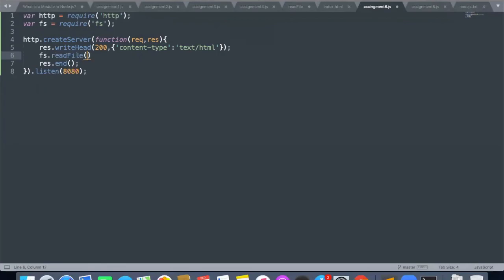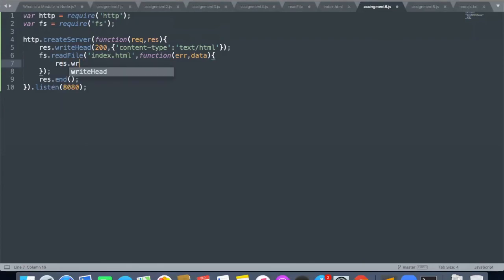Guys, readFile needs the very first thing, which is which file I want to read. So I want to read index.html. And the second thing is the function that gives you either the error or the content, which we can simply call data. What I need to do is write response.write, but first if there is an error, I will simply say response dot end